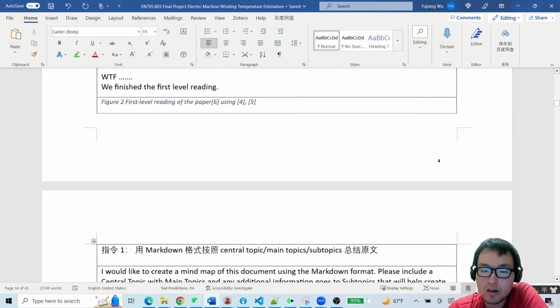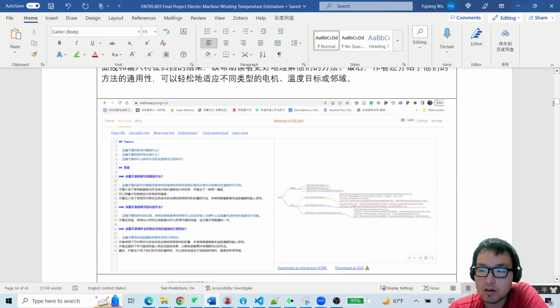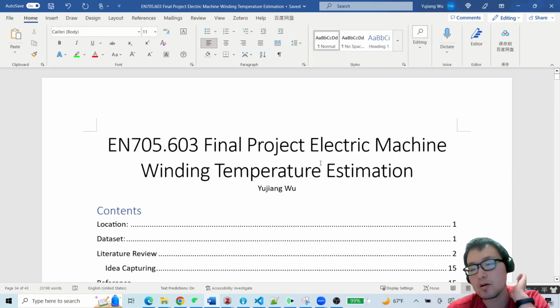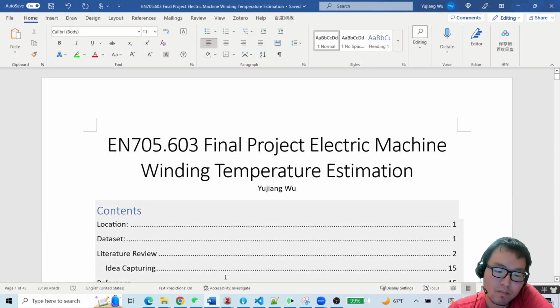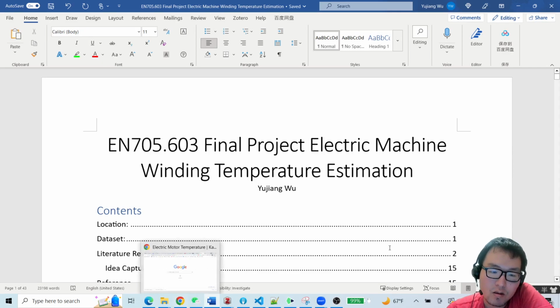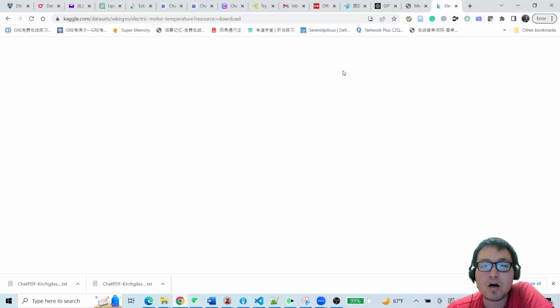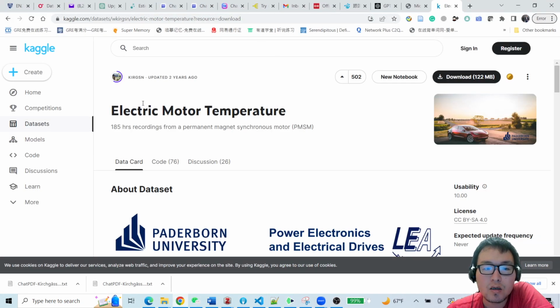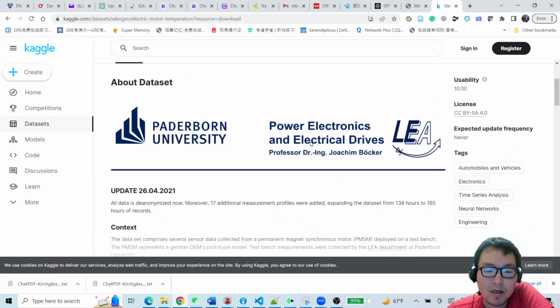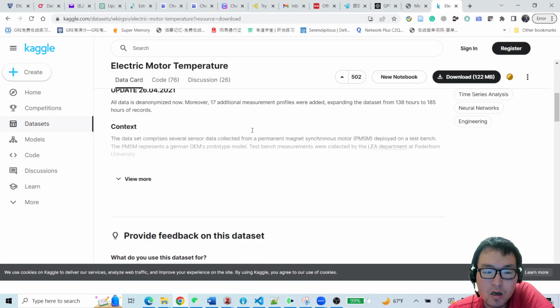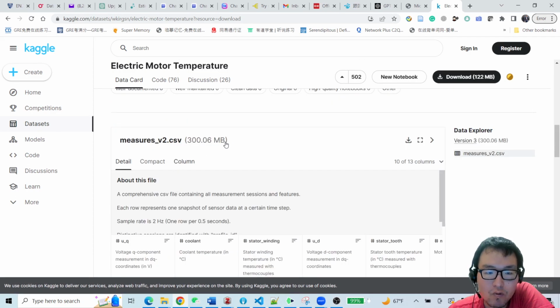So in this project I'm currently doing, I want to do an electric machine winding temperature estimation using an ML model. I did a little bit of research myself and found out that there is a publicly available data set on Kaggle provided by Peterborough University. And then afterwards,